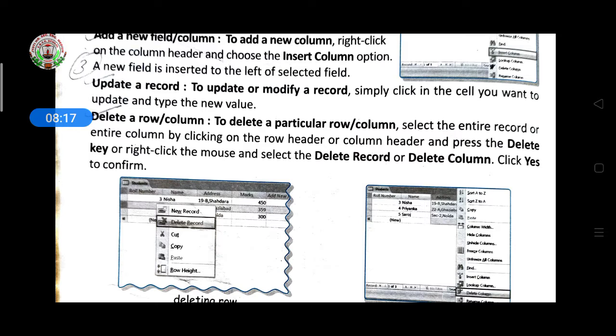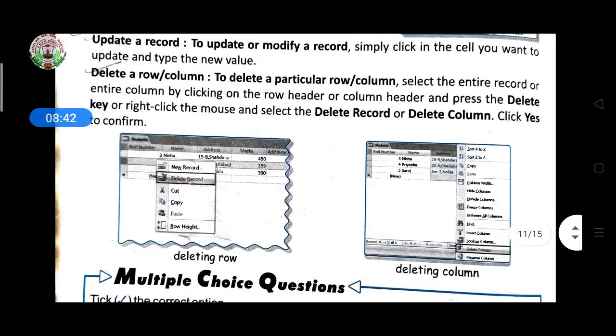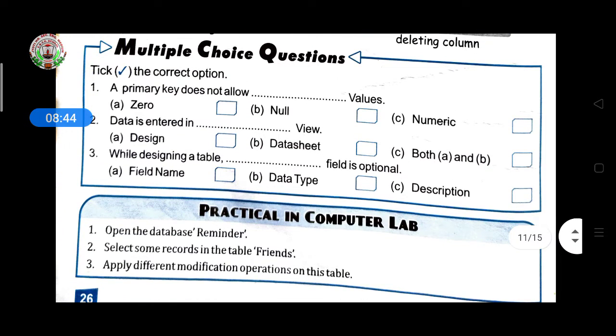It means if you want to delete a record or column, first of all you have to select that particular record or column and then right click and select delete column or delete row, then it will delete it. Or else, select all the records and then press the delete key, it will delete like this.